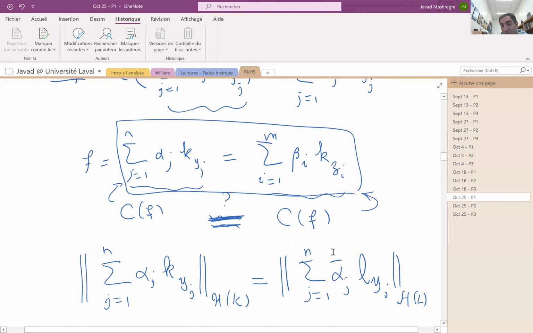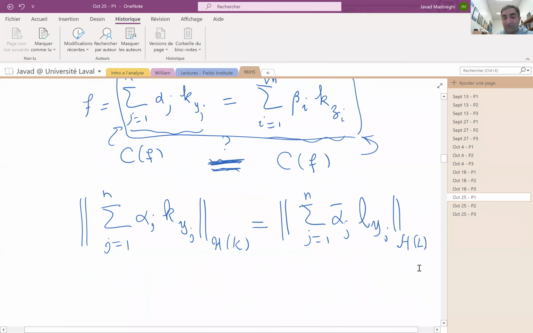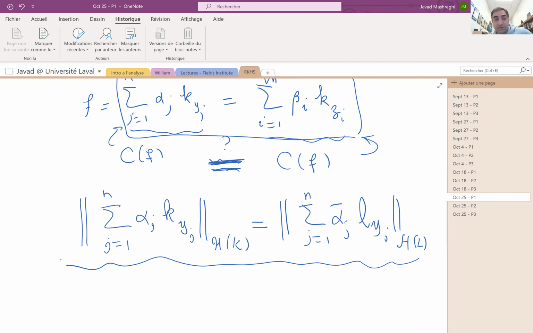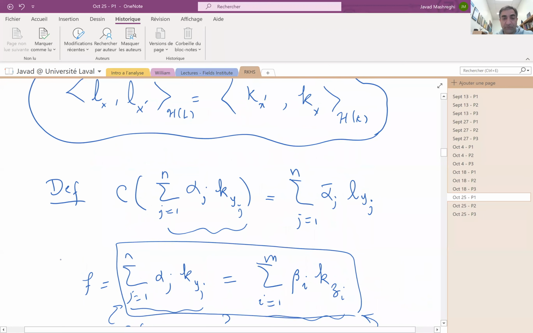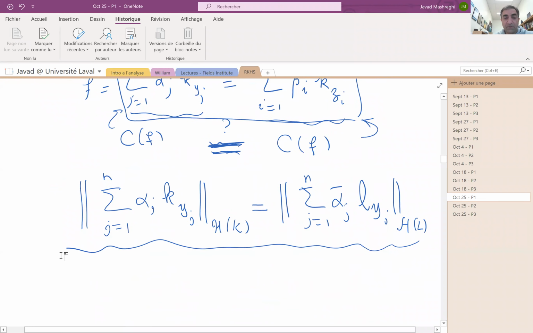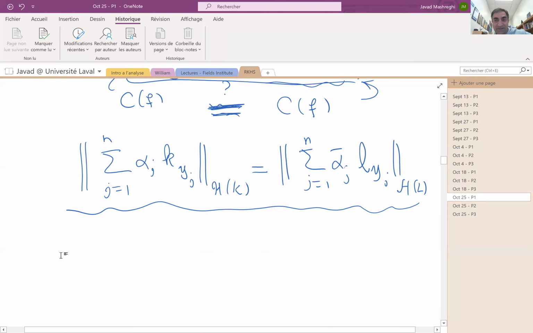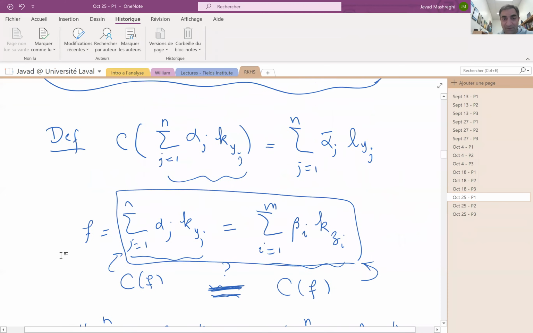So its image is equal to 0, which means that in the combination, C1 of F minus C2 of F, its norm is equal to 0. So they are equal to each other. Whenever you show an isometry like this, I emphasize this because it will happen in future lectures too, the definition is fine and we can proceed. And now it is easy to show this isometry based on